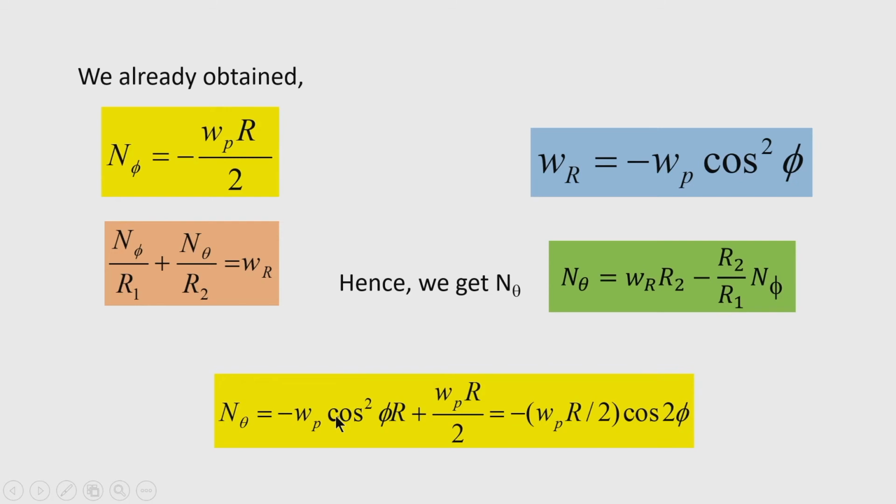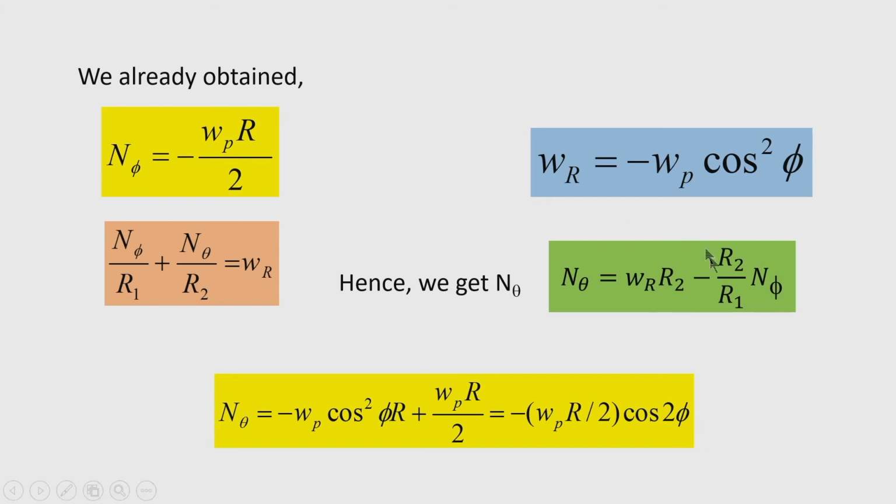Now, you can see here the n phi does not depend on the meridional angle phi for this type of loading, and it is a constant quantity and is always compressive. So, this is a peculiar result that we have obtained in case of the load that is acting on the shell surface. Earlier we were getting the variation of n phi with respect to phi. Of course, that time also we got this n phi as compressive throughout the variation of phi. Here also n phi is compressive, but it is a uniform quantity.